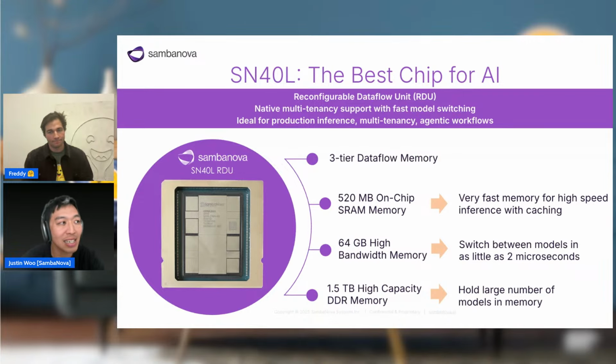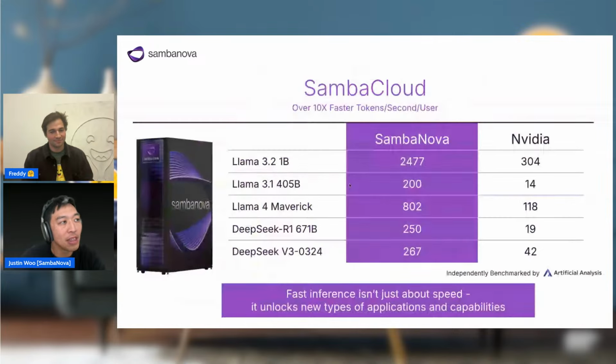What that means is we produce server racks that run inference really fast, almost up to 10 times faster than GPUs. The level of performance is not only a speed difference, but also an efficiency difference, so it's actually more energy efficient. That said, the best thing for me to do is to showcase it in an example. I think speed really unlocks new types of applications and capabilities, and that's what I'm excited to see in the hackathon today, especially with MCP.